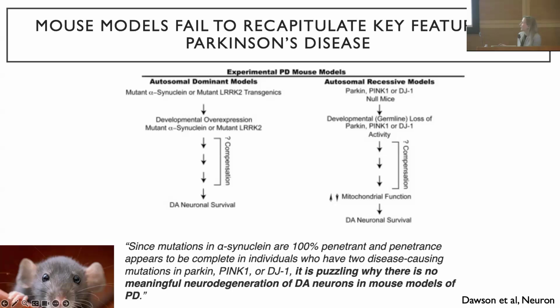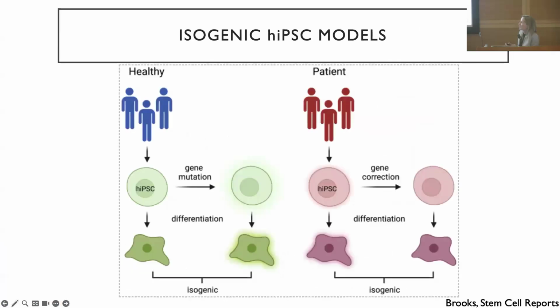So you would imagine that amongst the many thousands of mice that have been put through the ringer in these experiments, you would see something significant, but in fact, they just don't show the same level of neurodegeneration. This is true to some extent in other amyloid diseases, such as Alzheimer's. It's really hard to give a mouse amyloid, any type of amyloidosis. So we decided to try to model this in induced pluripotent stem cells carrying mutations that cause Parkinson's disease.